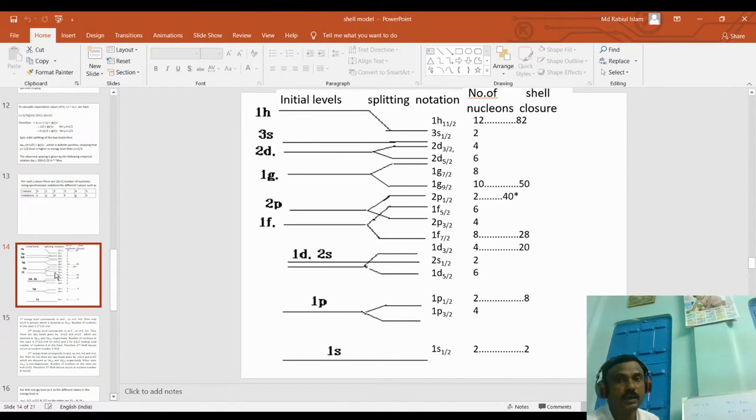Now the last magic number for the protons, 82. How will it be obtained? Now you have calculated up to 70. The next energy level will be alpha equals 5. So for alpha equals 5,